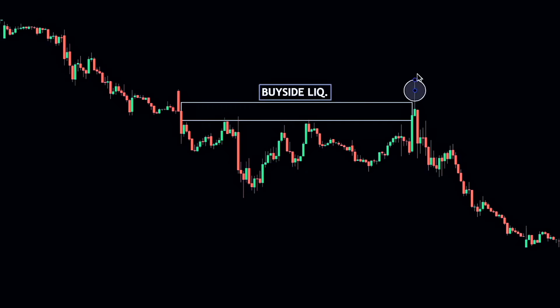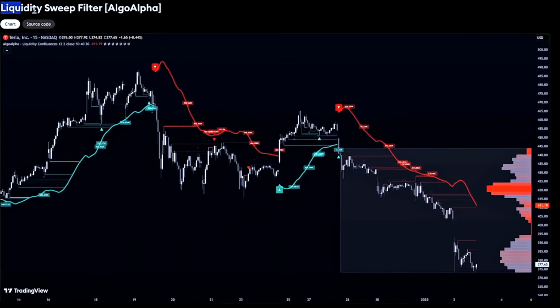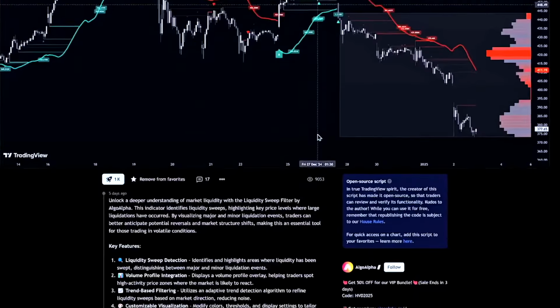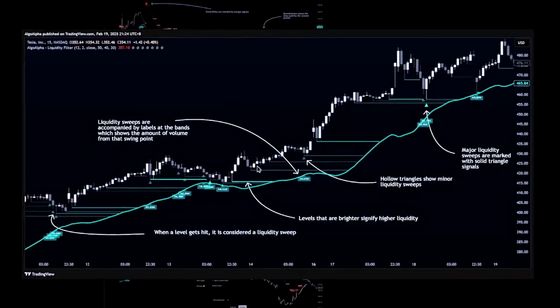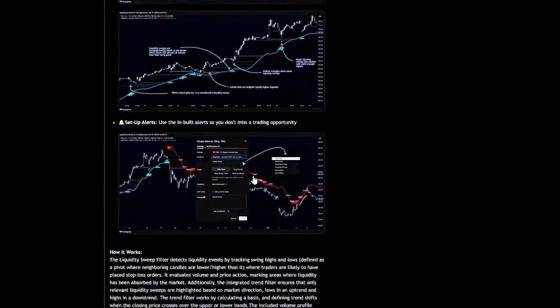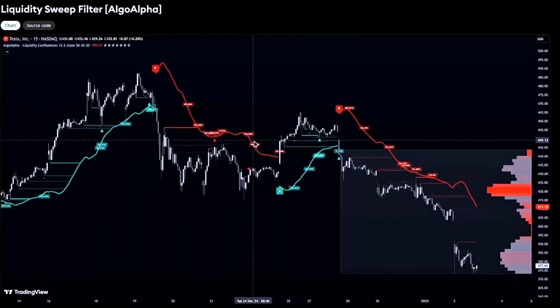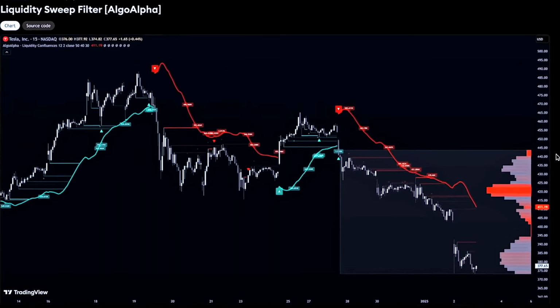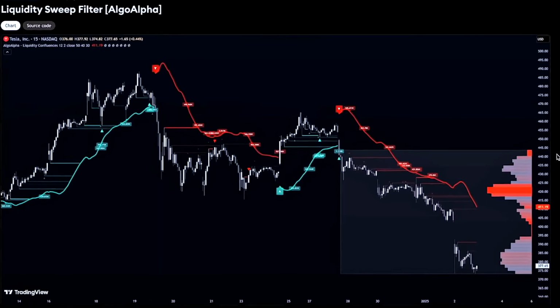But here's the good news: with a tool like the liquidity sweep filter by Algo Alpha, you can pinpoint these liquidity zones and ride the wave alongside the smart money instead of getting burned. I'm going to break down how this awesome indicator works and how you can use it to level up your